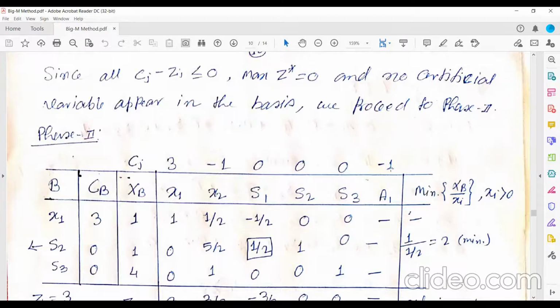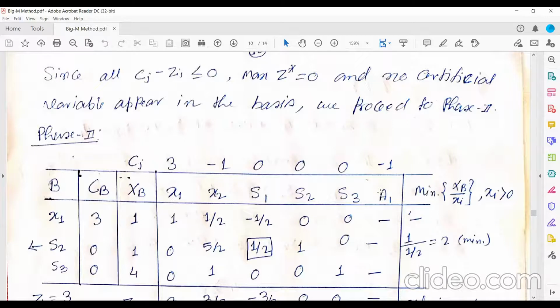Here you can write -1, which was its earlier coefficient, or 0, because in phase 2 we assign 0 cost to the artificial variable. There is no impact on the solution now.